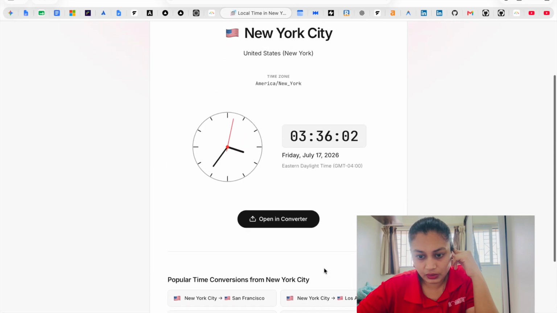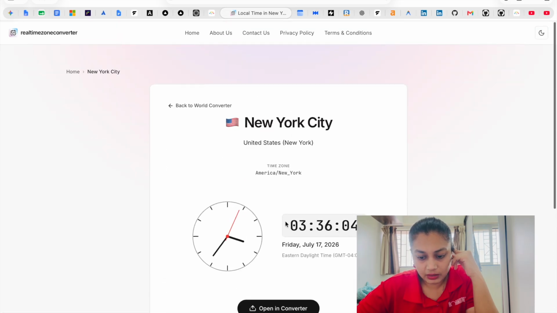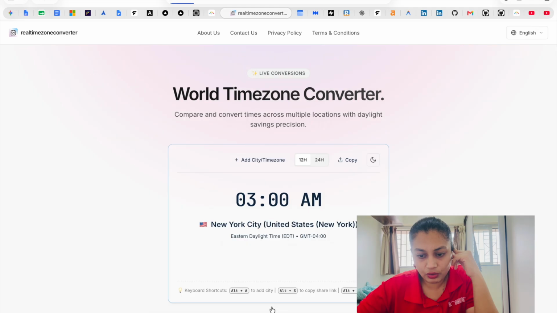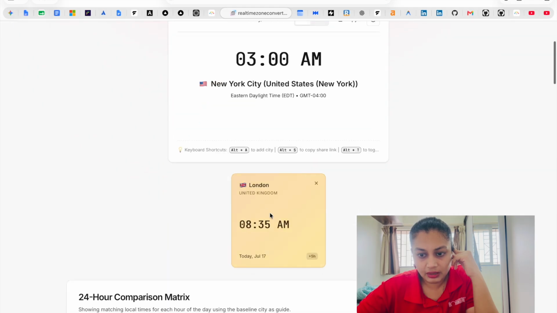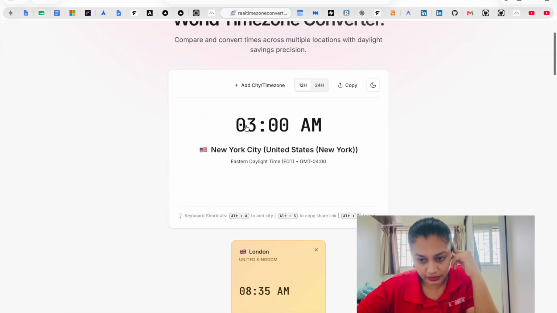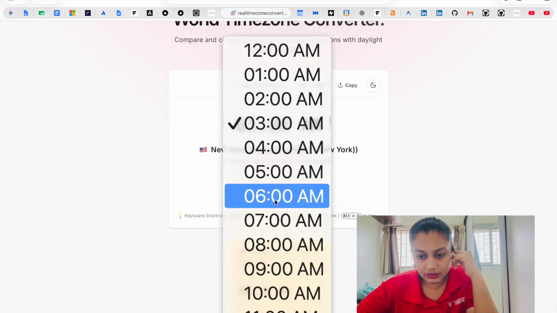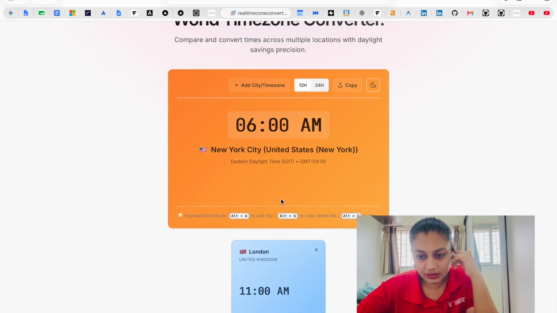Somehow it is not. So this button, now when I have selected New York City and if I press open in converter, I will automatically get the New York City card added here, selected here, and I can compare it with London or whatever. So that becomes my reference.